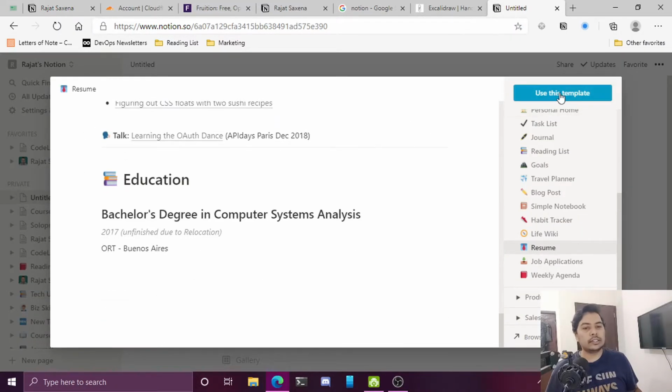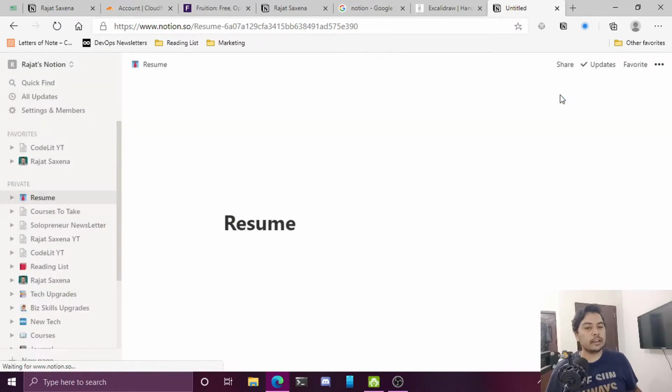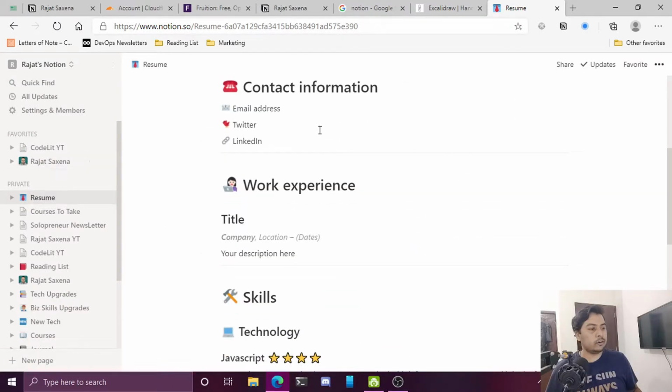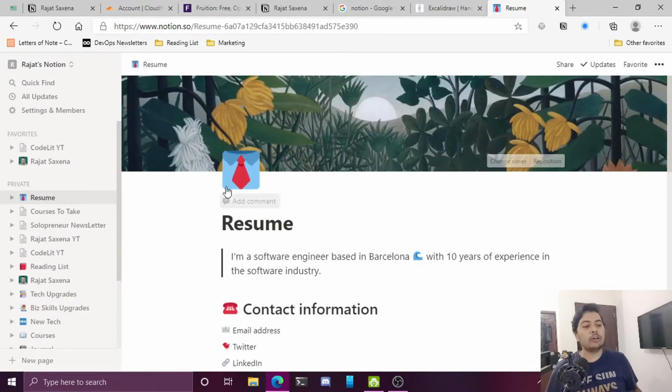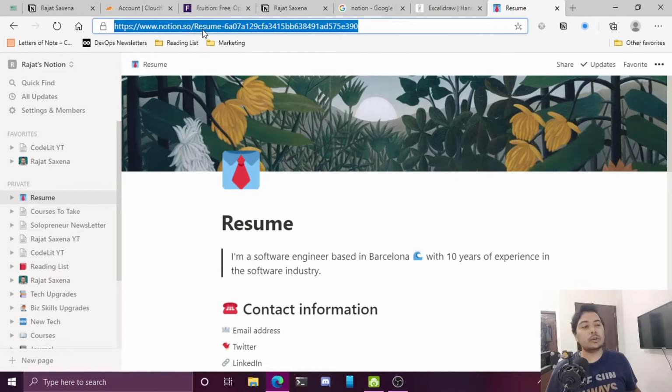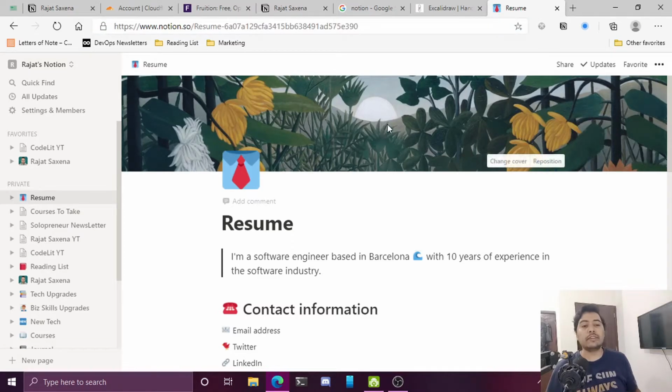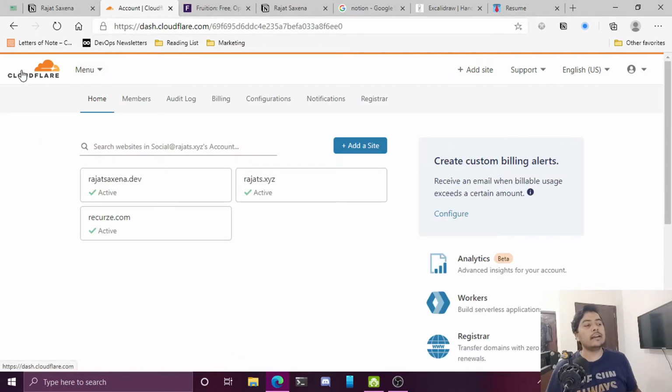Okay, so just click on this use template button, and then this particular page will be created for you. Now you have to change the data and do the manipulation so that it reflects your information. Once you have that, this is the URL to this particular document. So once you have created that, you have to sign up for Cloudflare, and you have to park your domain on Cloudflare. Once your domain is parked on Cloudflare, you will get to see it over here. As you can see, I have parked these many domains on Cloudflare.